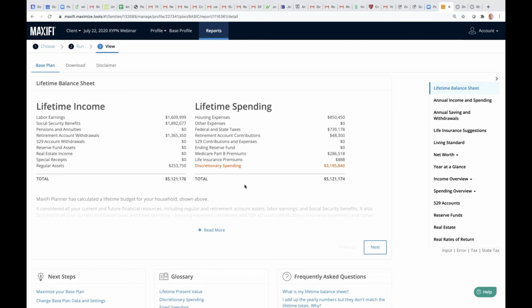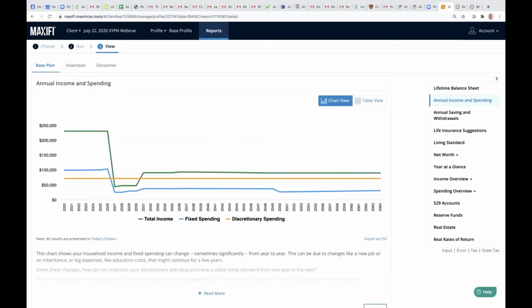Federal and state taxes are 739,000. Retirement account contributions, they're still going to contribute 48,000. Reserve fund, Medicare Part B premiums are quite high, and they're going to buy a little bit of life insurance in the base plan. Now, the key thing is that click here next, you get to see this discretionary spending,